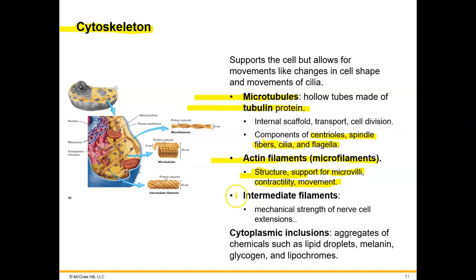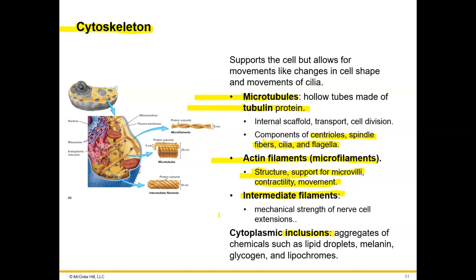And then there are intermediate filaments, which are of medium thickness, and they provide the mechanical strength of nerve cell extensions, like the axon fibers. Then we have cytoplasmic inclusions, which are aggregates or collections of chemicals such as lipid droplets,